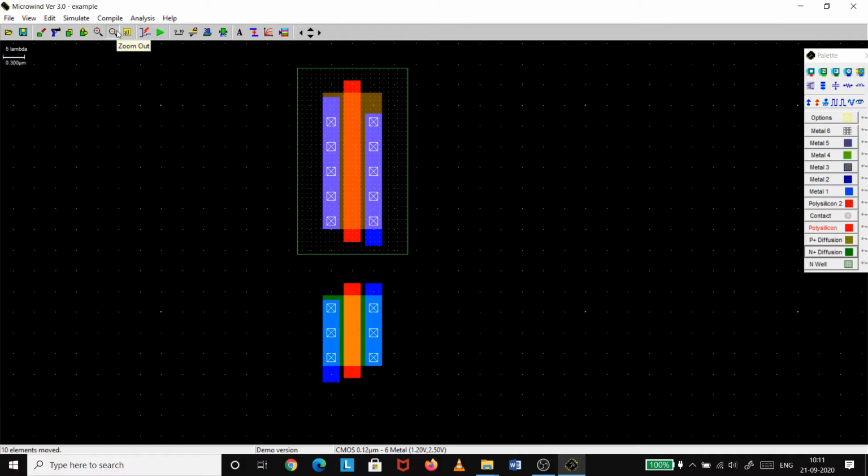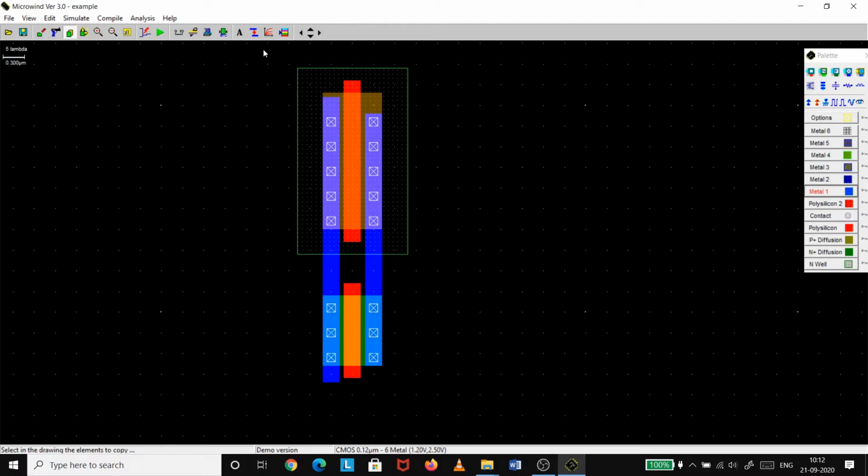Now we have one PMOS and one NMOS. Use metal 1 for back-to-back connection of PMOS with NMOS. So now this is our one transmission gate.